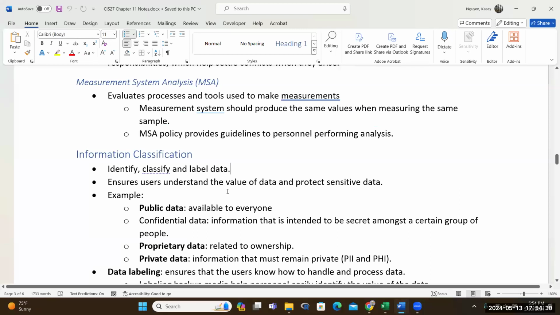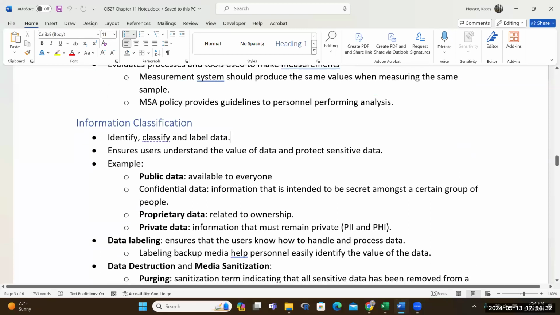Okay. For example, you might have proprietary data that would relate to the ownership of the data. The company owns that data. You have public data that's available to everyone, like things on the website. Confidential data that's intended for a certain group of people. And then private data that remains private, like personal identifiable information, personal health information becomes private because it's private